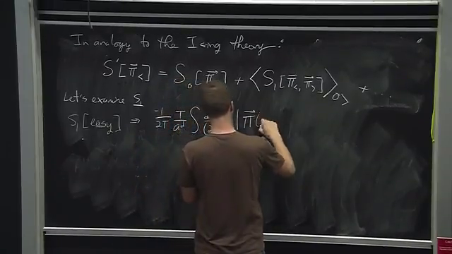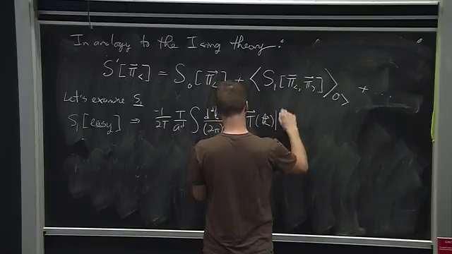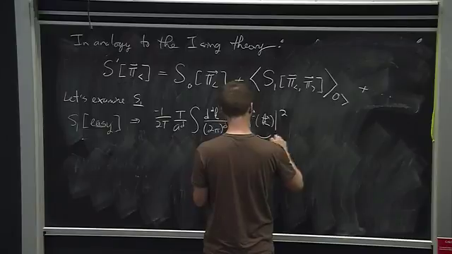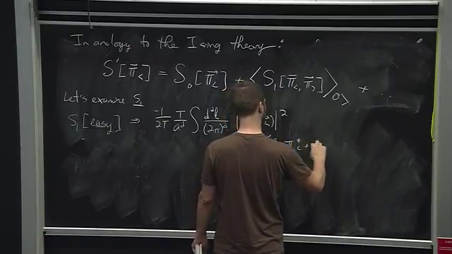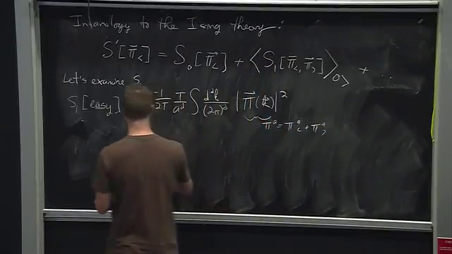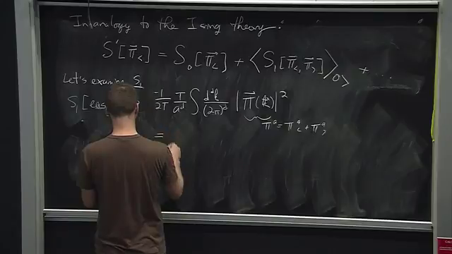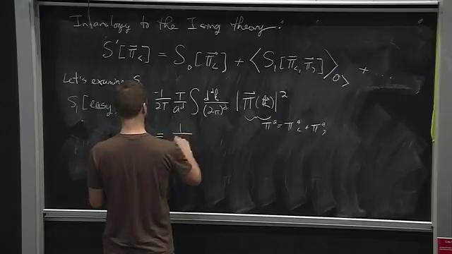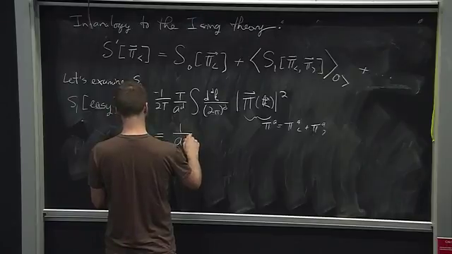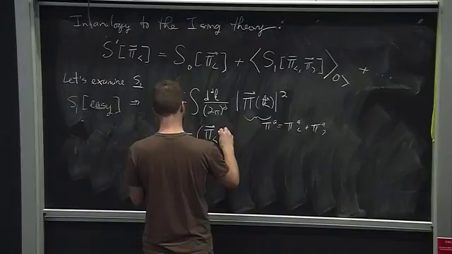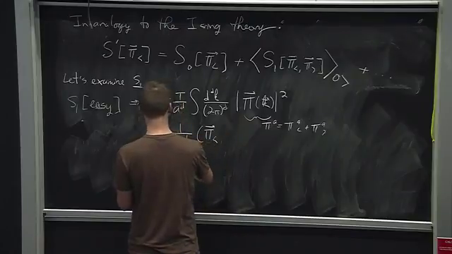So we take that field, if you want, split it into fast and slow. And then we get terms that are like, averages over